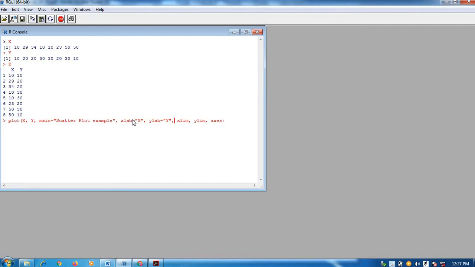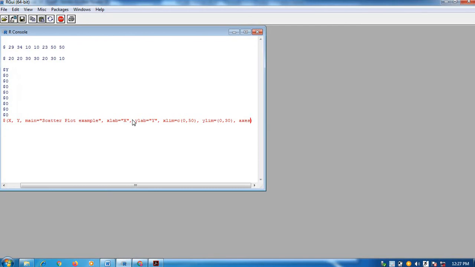Then x limit I can use, as we have used in the earlier case also, suppose I am using 0 to 50, and for y limit again, suppose 30 is the maximum value, so I can choose 0 to 30, right?